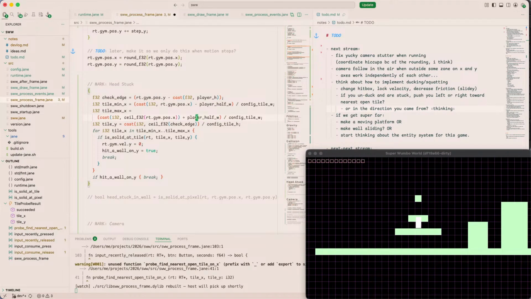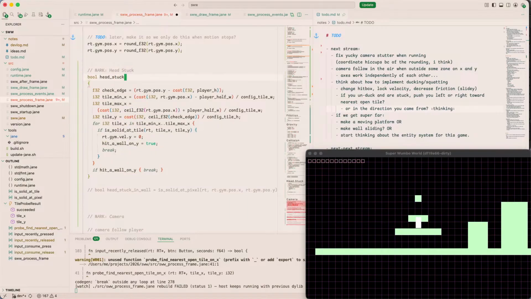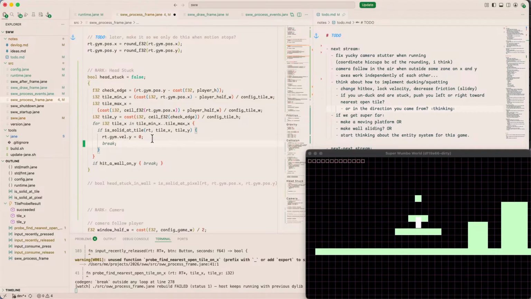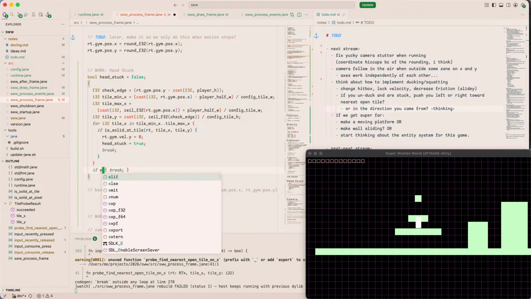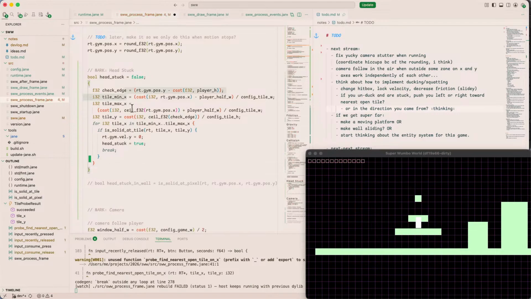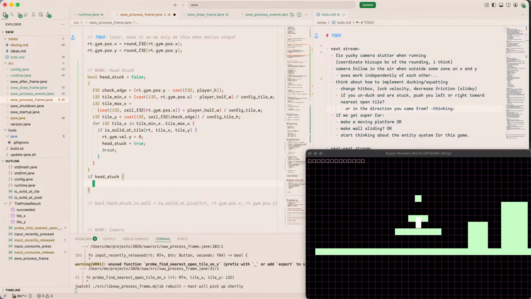And then that part's all the same. And then we do this, and then we'll have bool head stuck equals false. And then here we'll say head stuck equals true. And then instead of this, it'll be head stuck. Right? Although we don't actually need one there because we're not in a loop. Okay, great. So then we'll say if our head is stuck, then